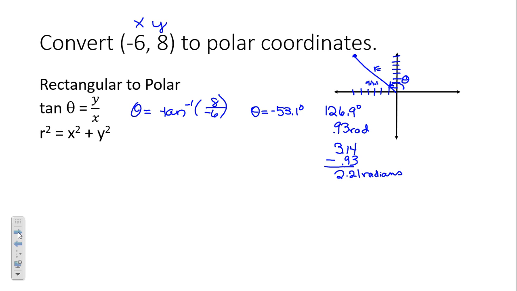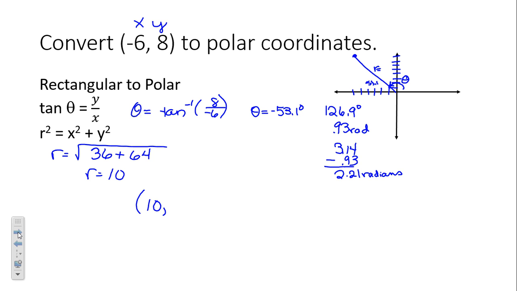Okay. So next, we're going to ask you for r. So how are we going to find r if x is negative 6 and y is 8? Negative 6 squared is, and 8 squared is, so we get, you should know that one by now, right? We've done them so many times. So r is 10. So now to write this as polar coordinates, we write our r first,